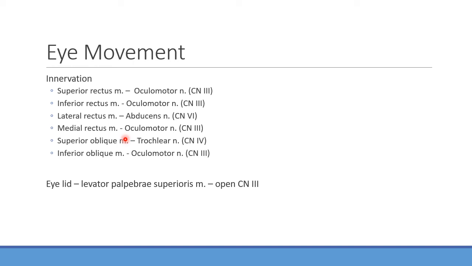Because if I have a deficiency in one of these nerves, guess what? Eye movement is going to be pretty drastically affected. We'll look at some ways we can actually test for this in just a minute. Cranial nerve number 3 is also responsible for moving the eyelid. So that levator palpebrae superioris is associated with cranial nerve number 3.